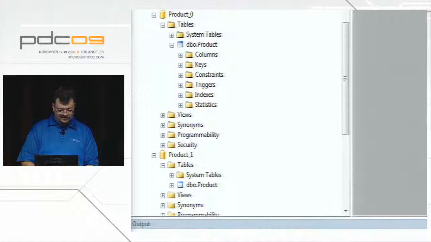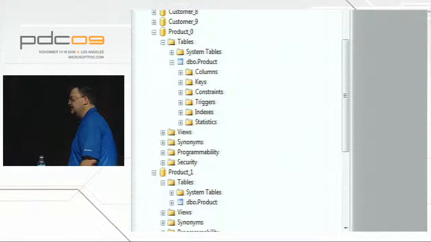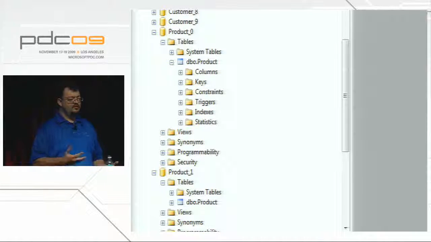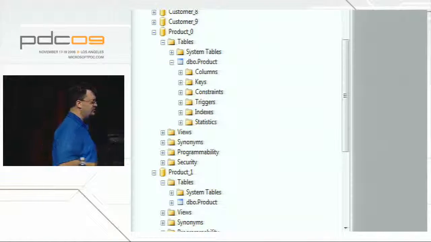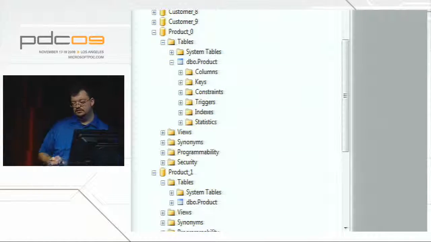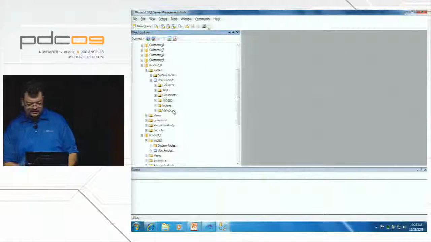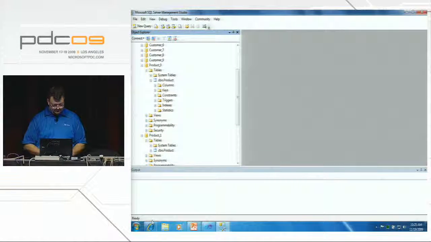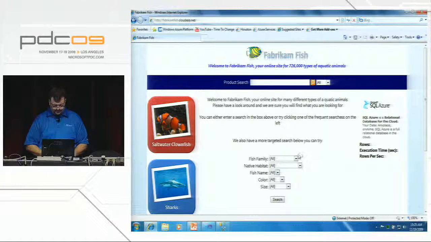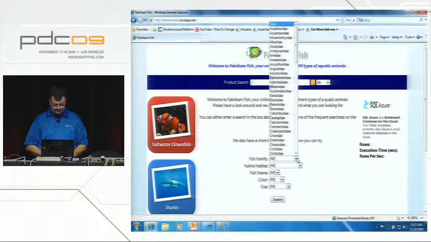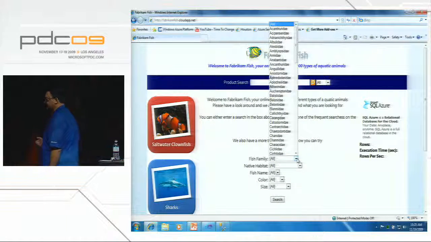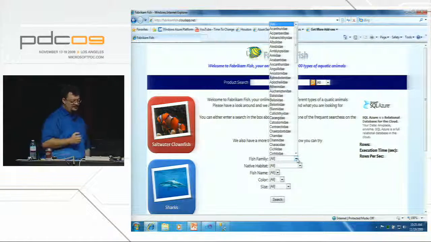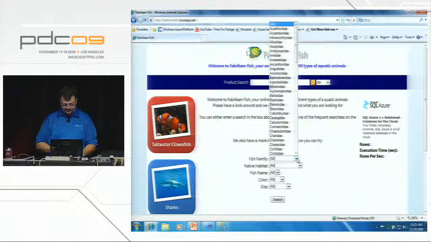the schema for both of these tables is exactly the same. We have multiple copies of the same schema, but different sets of data based upon the range we've chosen inside those tables. The range partitioning scheme that we've chosen is to range based upon the fish family. So I have a whole bunch of different fish families. I'm not a marine biologist, so I can't tell you what the genus of all these different fish are, but it looked kind of interesting for demo purposes, so we went ahead and used it.